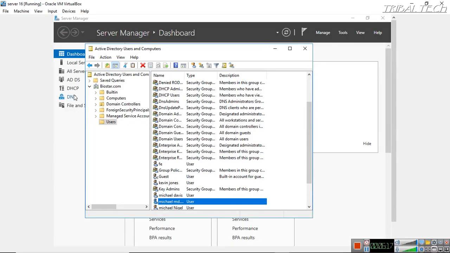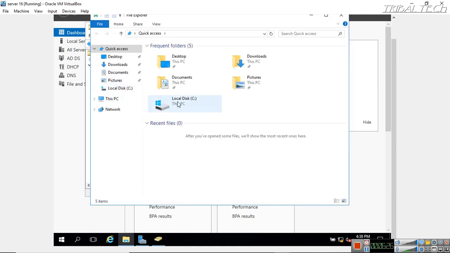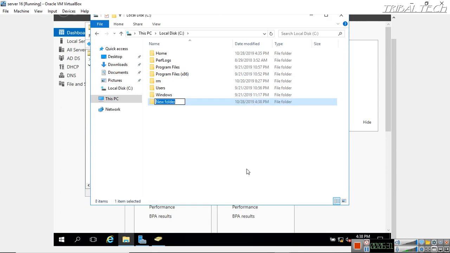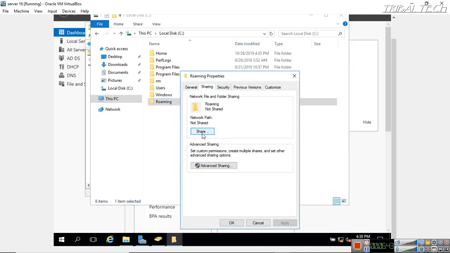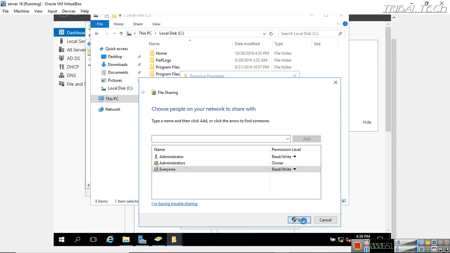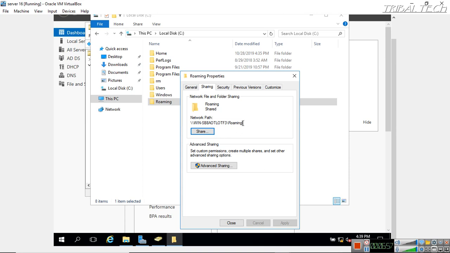So for roaming profiles, what we could do is go back into our C drive and create a folder named roaming. So right here, new folder, I'm going to name this roaming, and it's the same procedure. You're going to right click on it, go into properties, go into sharing, share, and I'm going to share it with everyone, add it, and make sure that it's read and write, share, and then done. Now just to make things easy, one time you just copy the network path,